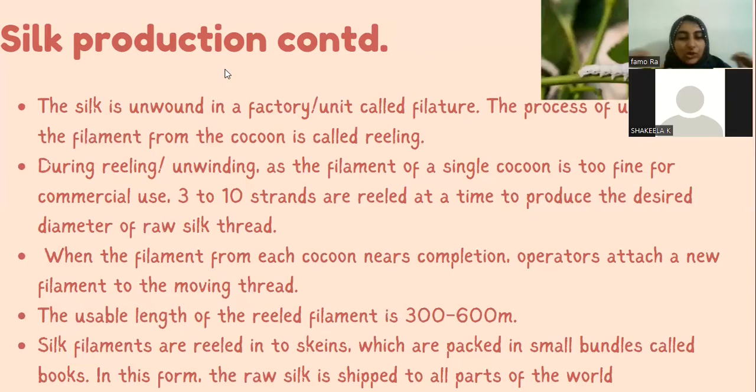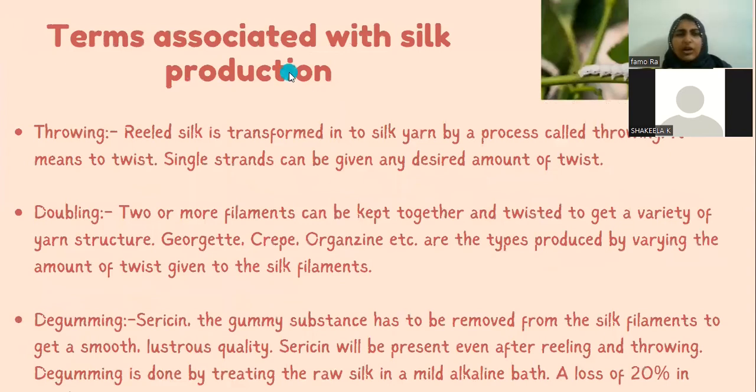Okay, these filaments are reeled into skeins, that is, a combination of them are called bundles, called books. In this form, the raw silk is shipped to all parts of the world. So here we have to learn about how the silk is processed from the silkworms, the cocoon, to the silk bundles, which are called books. Okay. So there are a lot of terms associated with silk production. The first one is